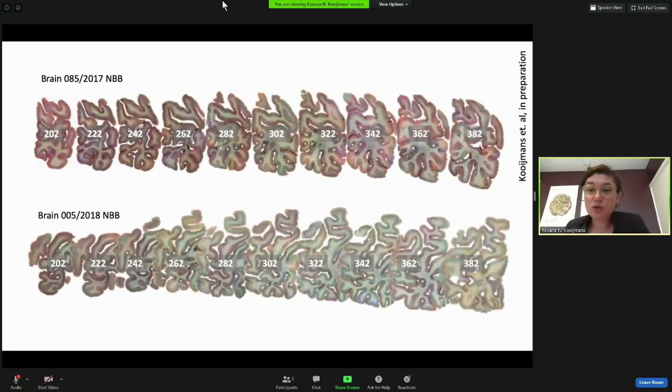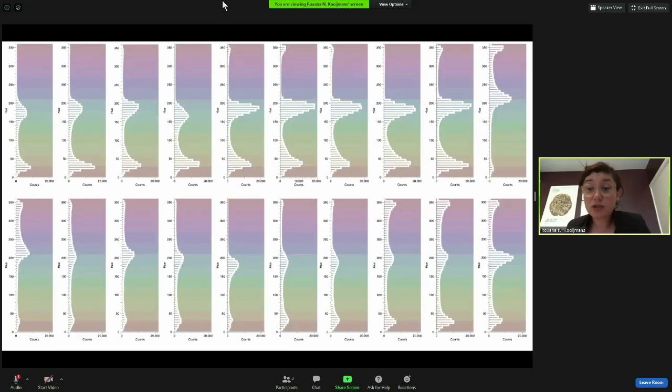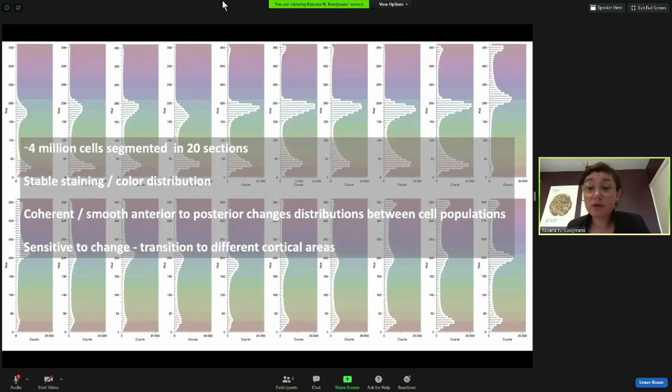I would like to also show you how stable and reliable this staining is. This is an example of 20 sections from 2 human donors. And these are the distributions of the cell counts in the 20 sections. There are a couple of remarkable things in this slide. The first one is that it contains histograms for about 4 million cells that have been segmented in only 20 images. It is very stable,